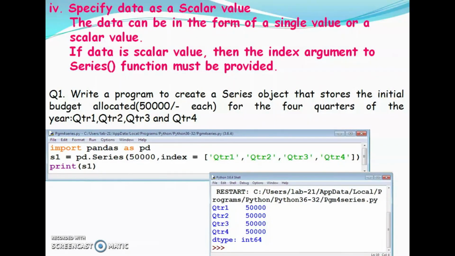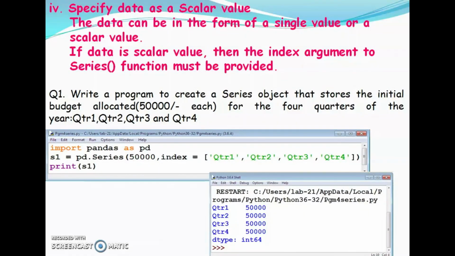We have to specify the index argument. Check this program. Write a program to create a series object that stores the initial budget allocated 50,000 each for the 4 quarters of the year, quarter 1, quarter 2, quarter 3 and quarter 4.